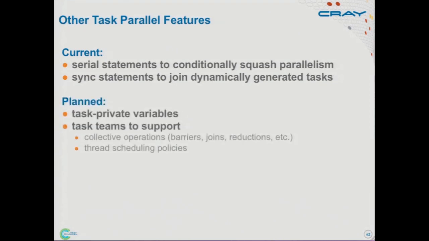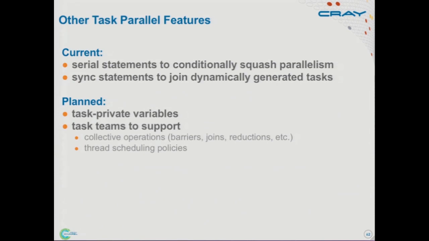There are a couple of features that we didn't get into the first draft of the language, and we didn't think we would need or want. In retrospect, we think we were naive. So some of the things we're adding in the next draft of the language are support for task private variables. If you create a task private variable A and create a bunch of tasks, they'll each end up with their own copy of that. That's similar to features in OpenMP. And the other is a notion of task teams, kind of like MPI communicators.